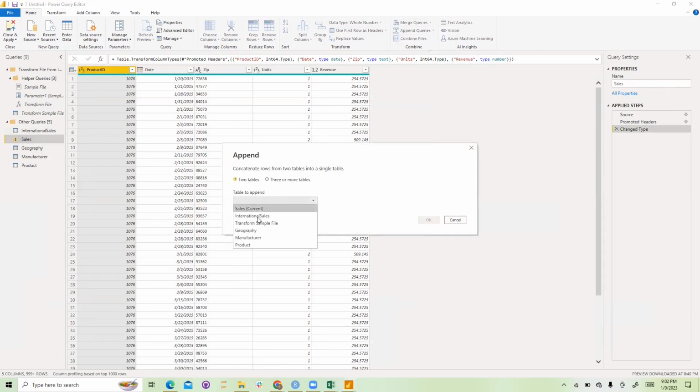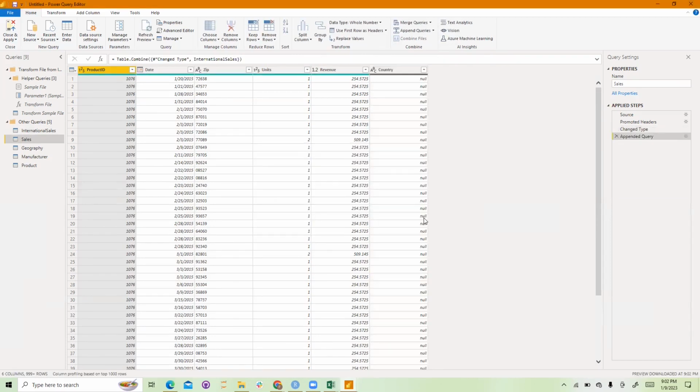So that means, which other table am I interested in adding to the sales table? That's international sales, so I'll click on that. Can you see "concatenate rows from 2 tables into a single table"? So that's that. Okay, so I have the data sets here. The sales table now has both the international sales rows and the sales rows combined